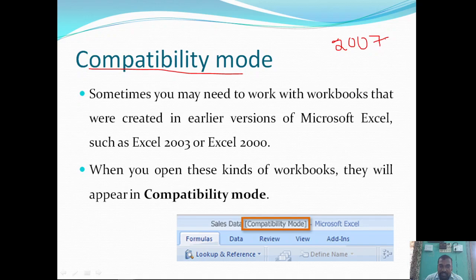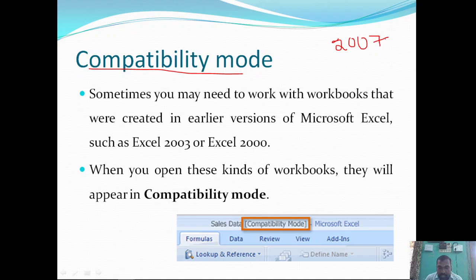Before 2007 there existed 97, 2000 and 2003 versions. Right now those softwares are not compatible with the latest hardware and systems. So it is not possible to install those older software applications on the latest systems. That's why we go with the 2007 or 2010 or later versions.